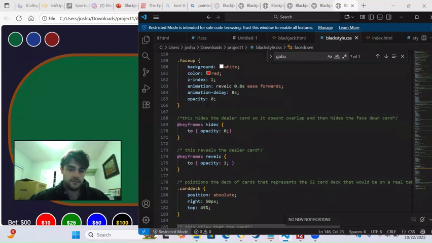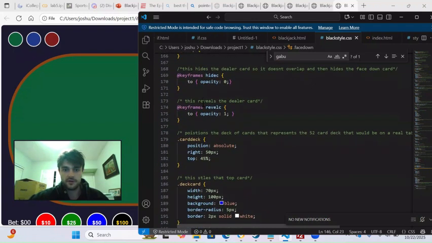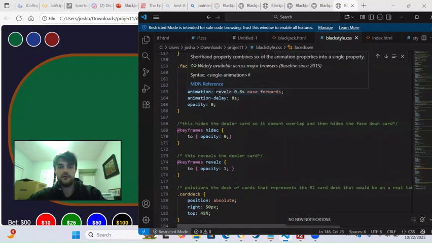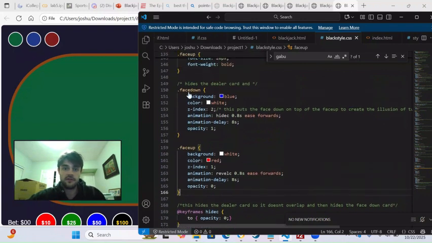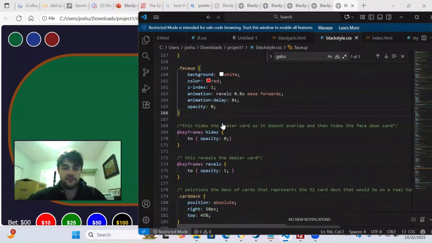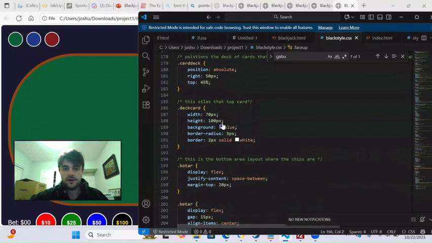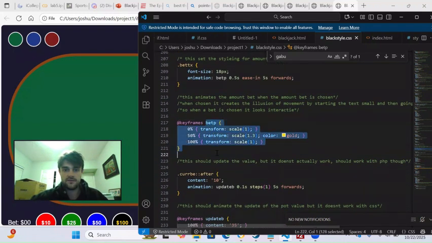This is the hide card here. So this function, where did I call it? Right here. So the animation is the reveal card right there for the face up, and the face down hides it. So this reveals it. It starts at 0. Face up starts at 0 opacity, face down starts at 1, and then it switches over. And then this is for the bet